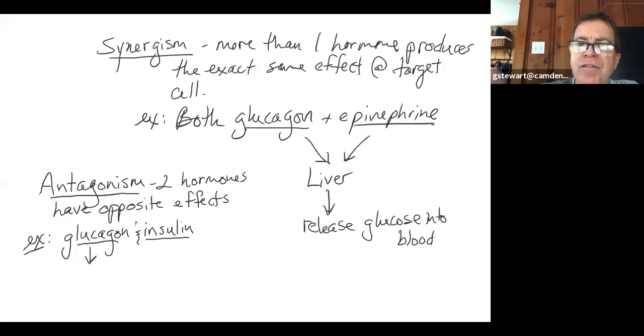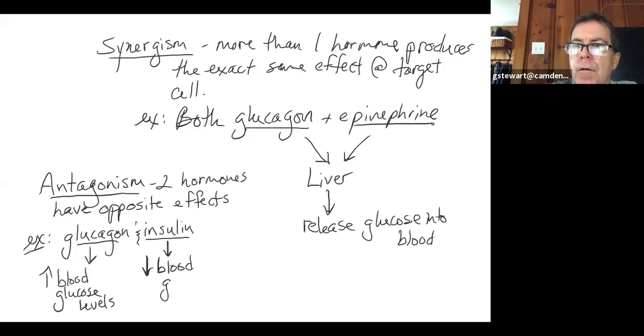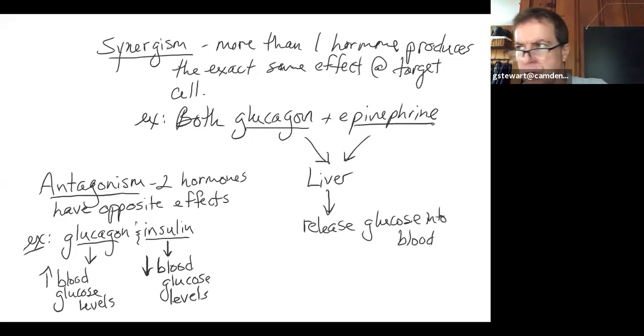Glucagon, its overall effect is it increases blood sugar levels, blood glucose levels. Insulin has the opposite effect. It decreases blood glucose levels. I'll talk about how that works later when we're just describing hormones, endocrine glands, the hormones they